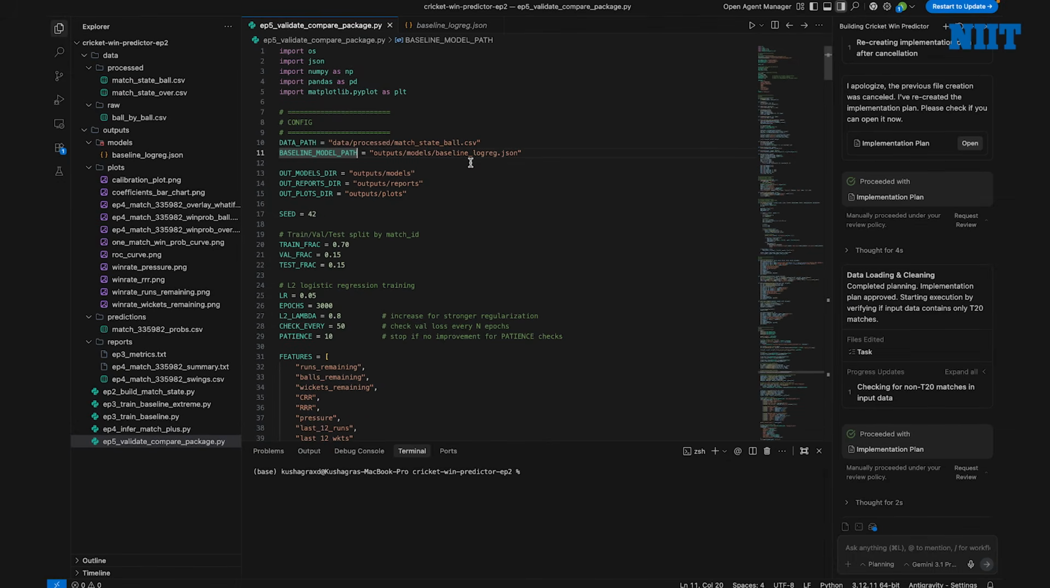We read the match state balls.csv, then we load a baseline model from episode 3, then we write models, plots, and reports into outputs, and lastly, we define the train, val, test split fractions, then logistic regression training settings, L2 regularization strength, and early stopping behavior, and the exact feature list that we use. A small thing that I want to add is hyperparameters are like masala: too much and it's chaos, too